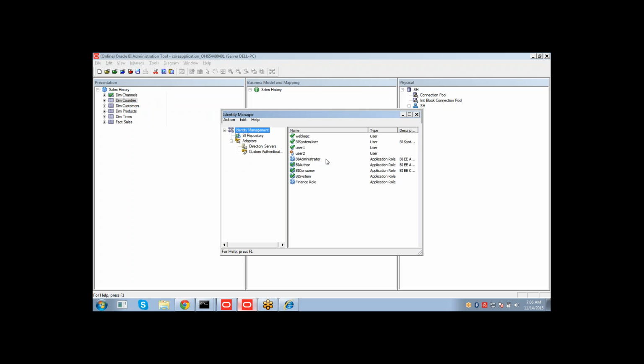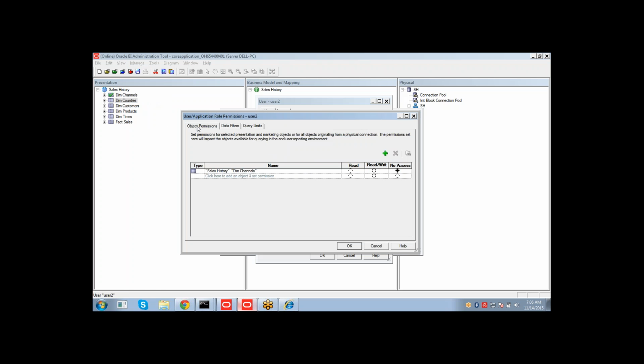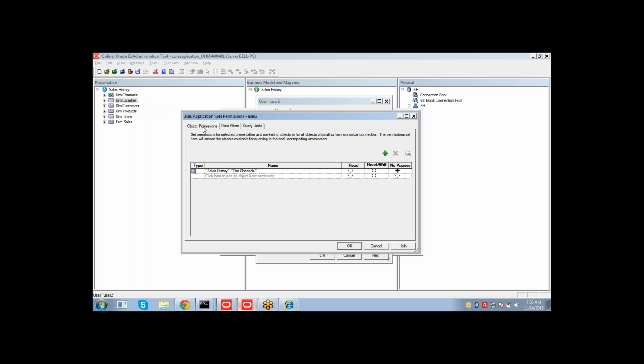Identity. So define the data level security. First you need to go to the identity, and here we have user 1 and user 2, right? So go to the user 2 properties, and you will be able to put a restriction. Go to the permissions. Under the object permissions, you are defining the object level security. Under the data filters, you are able to define the data level security. That means you are filtering some records. So object permissions define the object level security, and the data permissions define the data level security